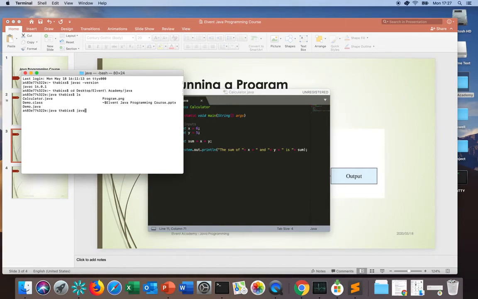Then I'm going to compile it: javac Calculator.java. There we go, it compiled successfully. So let us now run the program. Remember